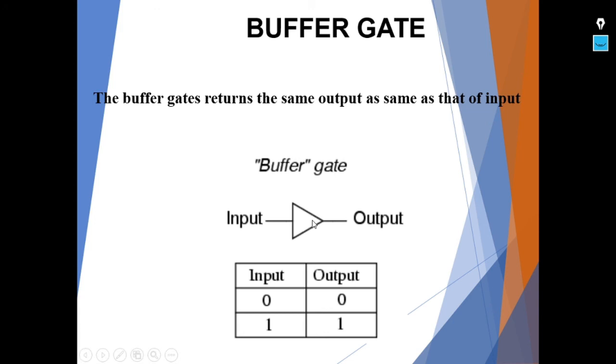You can compare the buffer gate with the logic NOT gate. The NOT gate is the reverse of the buffer gate. Here there is a single input and a single output, and both are the same. I am sure now some of you may think that the input and output of the buffer gate are the same. Then what is the need of a buffer gate? Excellent. That is a good question. In real world circuits, buffer gates can be used to amplify a signal if its current is too weak.